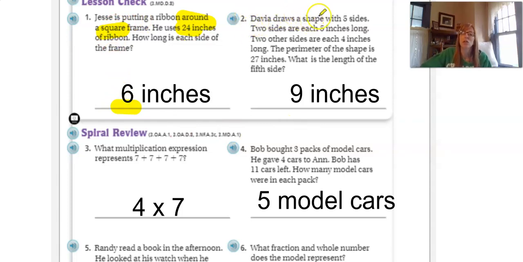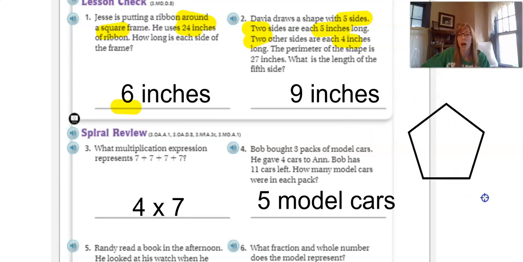Davia draws a shape with 5 sides, so we know it's a pentagon. 2 sides each have 5 inches, so we have 2 of the 5 sides, so there's 10. We have 2 other sides that are 4 inches. The perimeter of the shape is 27. What is the length of the 5th side? So you need a 5-sided shape, so that's a pentagon. So if you were to draw out a pentagon and you were to put all these sides on,